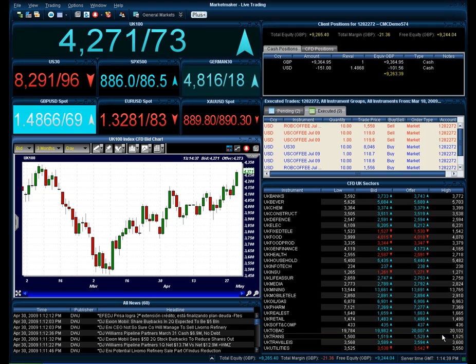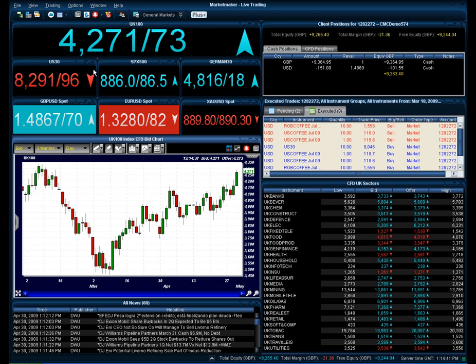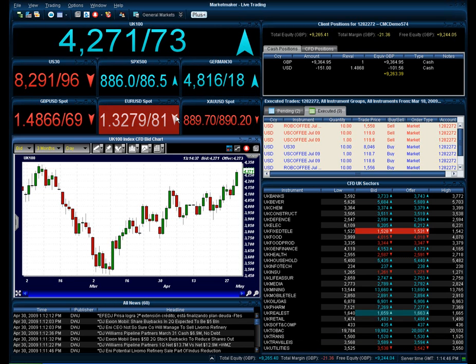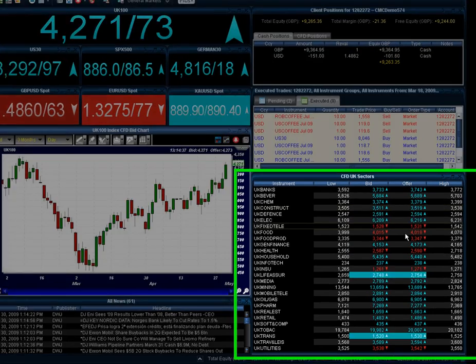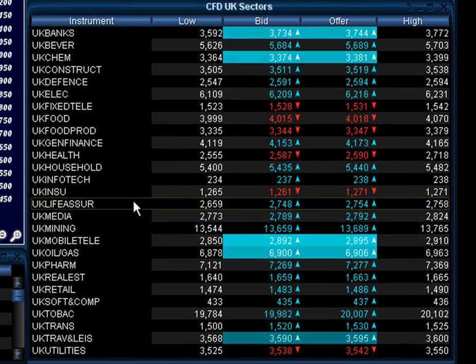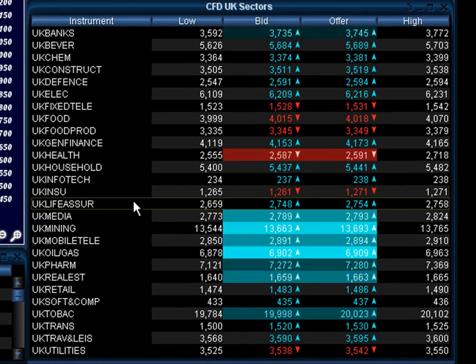In the top hand corner of this screen you'll notice a number of what we call single price windows, which are handy to quickly see the current bid and offer prices being offered on certain financial instruments. But sometimes instead of taking up a large amount of room on our workspace, we can group these instruments together in what we call a group price window, such as these UK sectors down in the bottom right hand corner